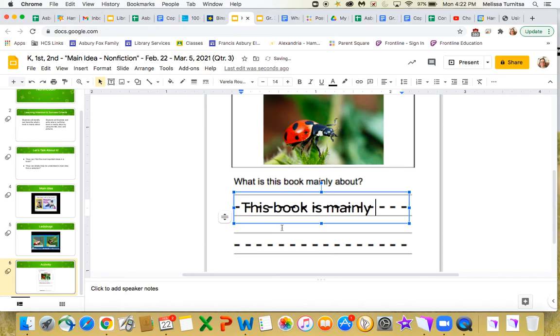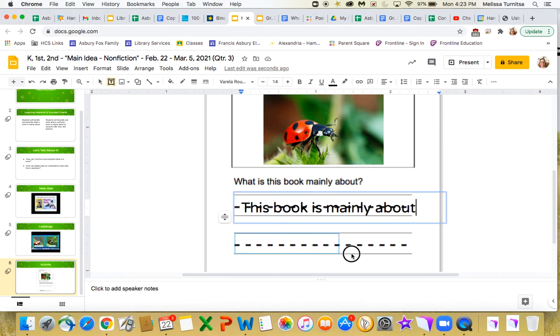Okay, so this book is mainly about what? So we looked at the cover, it had a ladybug on it. The title said Ladybugs. We went through each page and we saw the word ladybugs on all the pages, and we saw pictures of mostly ladybugs, right? So we could say this nonfiction book, this book is mainly about